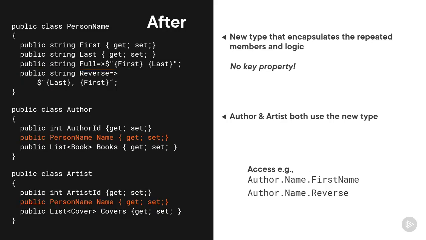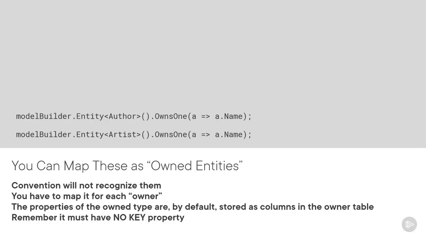EF Core is not going to understand this by default, though. It will assume that PersonName is an entity in a relationship with Author and a relationship with Artist, and it'll throw an exception complaining that PersonName needs a key property. To correct this, we need to add configurations in the PubContext, and the terminology for this mapping is about ownership. Using the OwnsOne method, we can express that an Author owns its Name property,